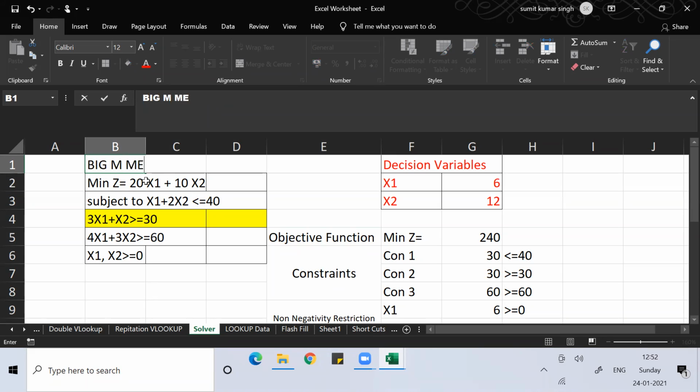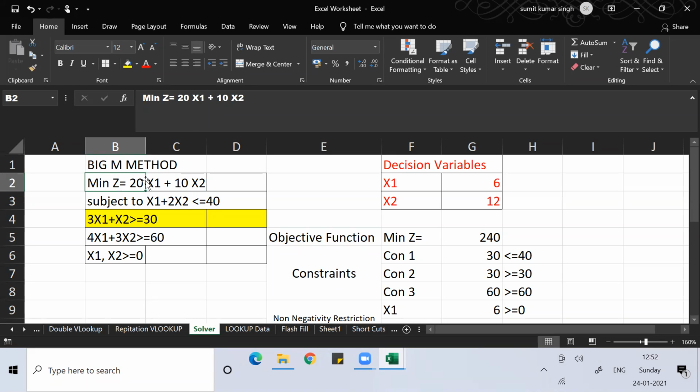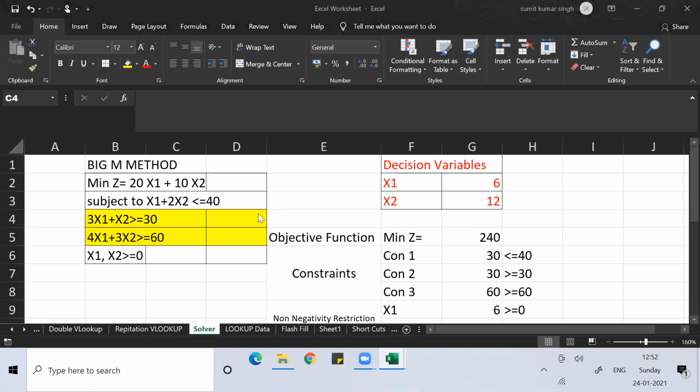Because here slack variable and surplus variable both I have to use together. If you see your constraints, you have a less than or equal to constraint, and you have a greater than or equal to constraint also. The third equation is also greater than or equal to. So this is actually a Big M method problem, which is an application of the simplex method. So what we just did, Tejaswini, is actually a Big M problem only. I hope you understood the logic.